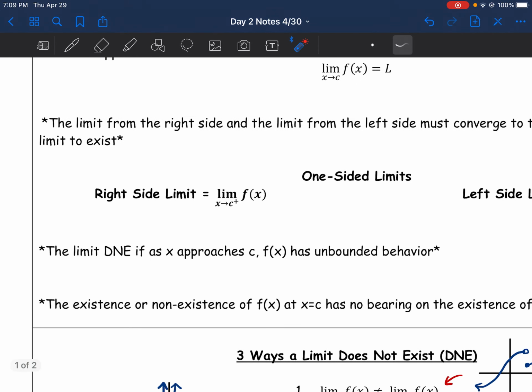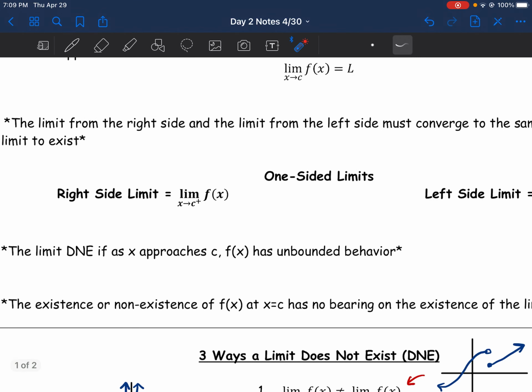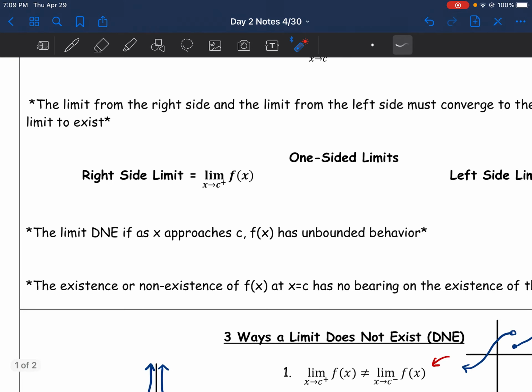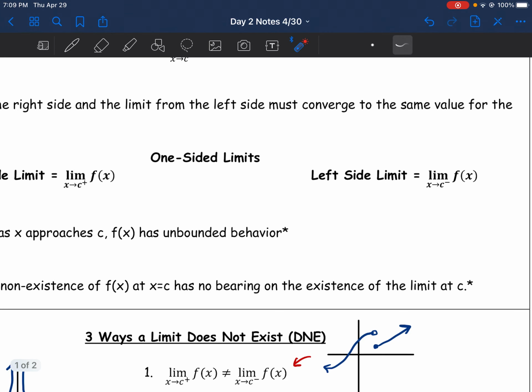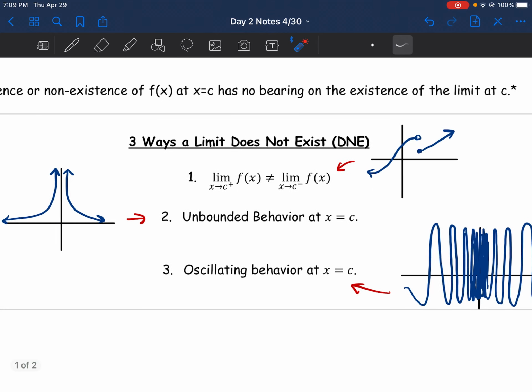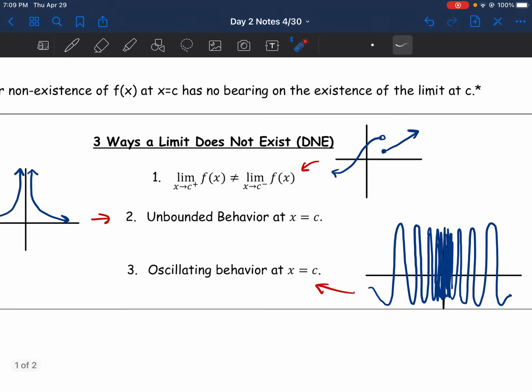We also talked about limits not existing if, as x approaches c, the function values have unbounded behavior. And we'll see a graphical example of that in just a minute. And then we also talked about how the existence or non-existence of the function value at x equals c has no real bearing on the existence of the limit at c. Okay? So let's talk about 3 ways the limit does not exist, and then we'll get into some actual graphical